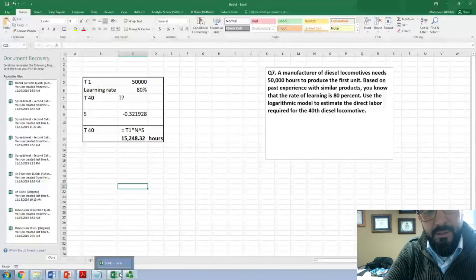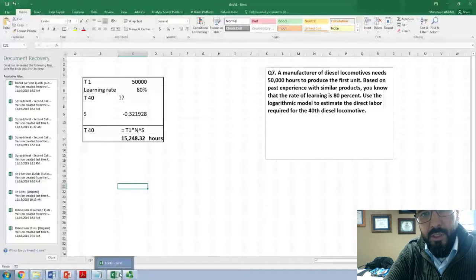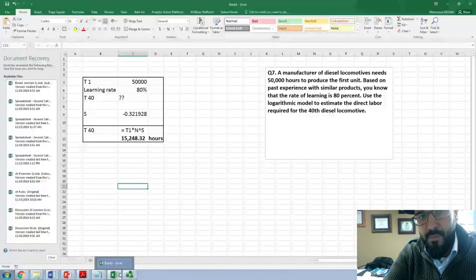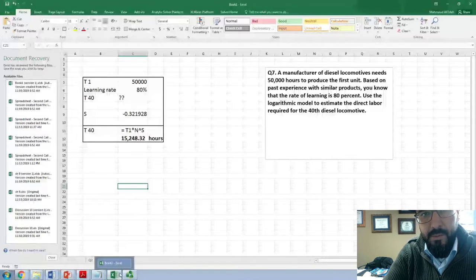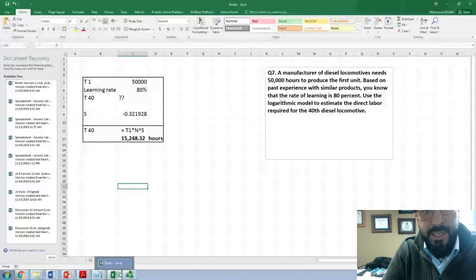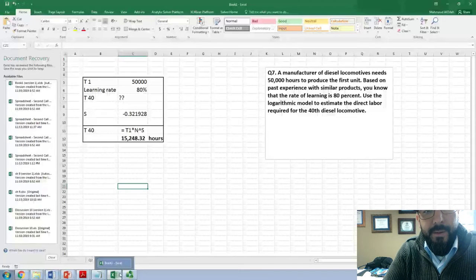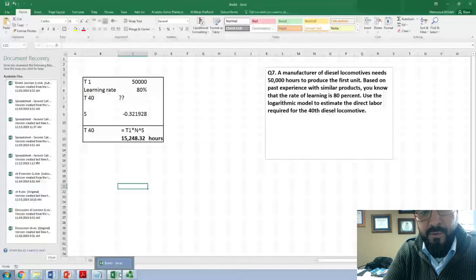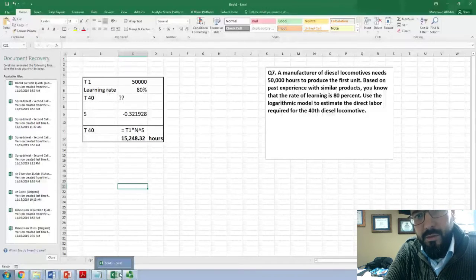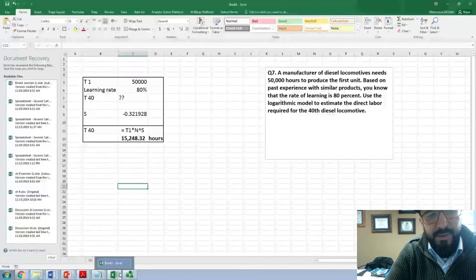So we know that the first unit will take us 50,000 hours. We know the learning curve is 80%. As you know, the more you practice, the less time it will take you to finish the task. And what we're trying to find here is the time needed for the 40th unit. In order to do this, we need to find the